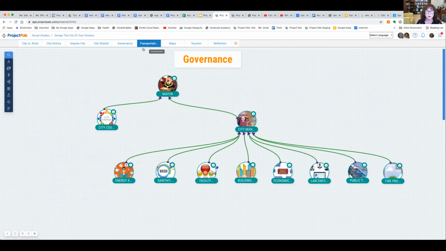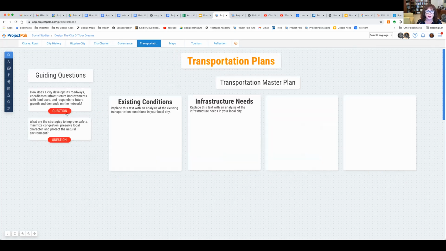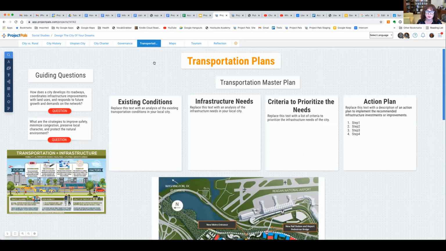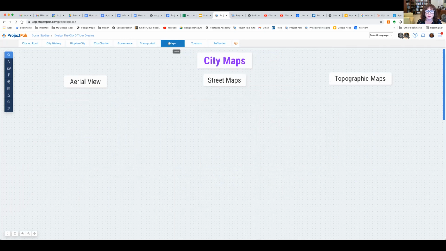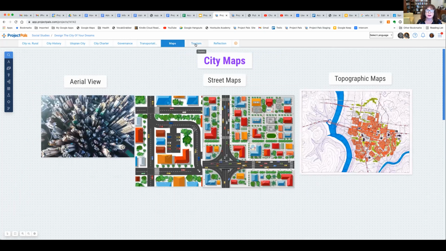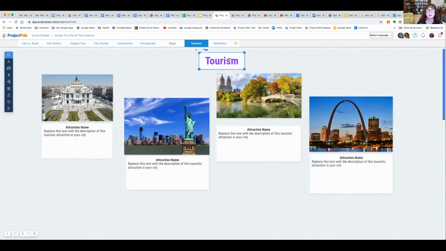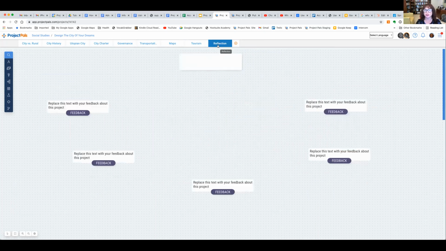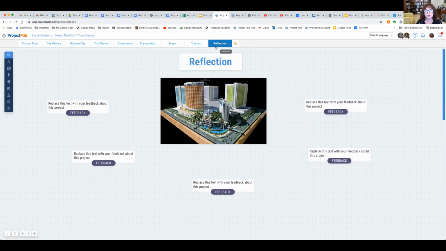And then transportation, moving on from here, you are going to go into transportation plans for your city, and then maps, come up with some maps. And then tourism, what type of tourism you plan for your utopian city. And finally, reflection, where here the team provides feedback and also sends it out to the public for giving their